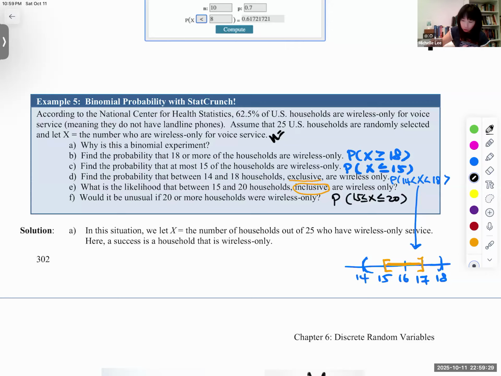Okay, so would it be unusual if 20 or more households were wireless only? Yeah. Okay, so let me take a picture and then I'm going to use StatCrunch and then we have finished this one. All right. Okay. Let me pause